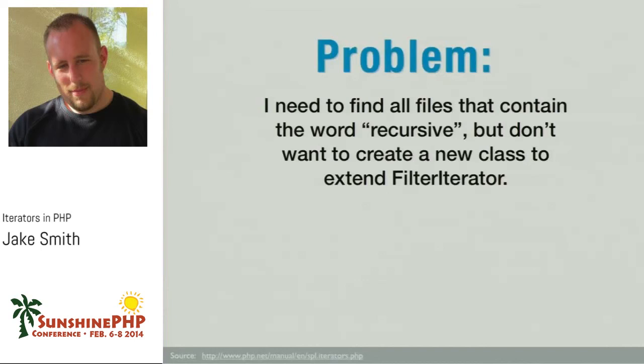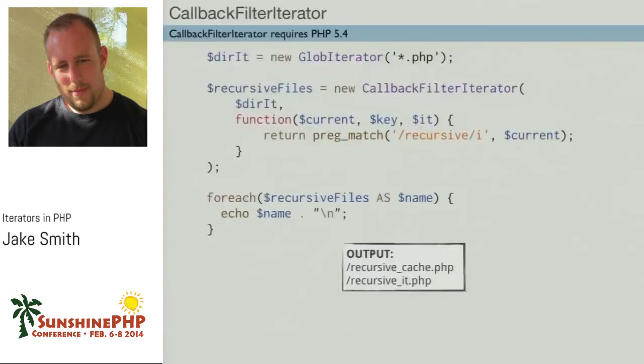So I need to find all the files that contain the word recursive, but I don't want to create a new class to extend it. Right here we just have our glob iterator. I just want PHP files, but only PHP files that actually have the word recursive in them. And yes, I know I could have used the regex for this one. So every file that actually has the word recursive in the file, those are the two files that came back from a list of files I